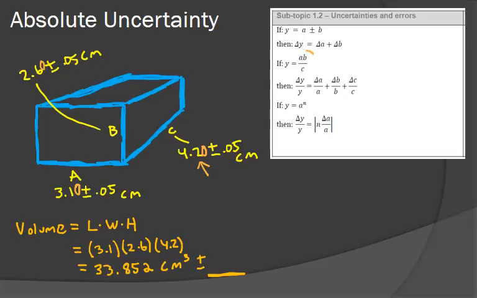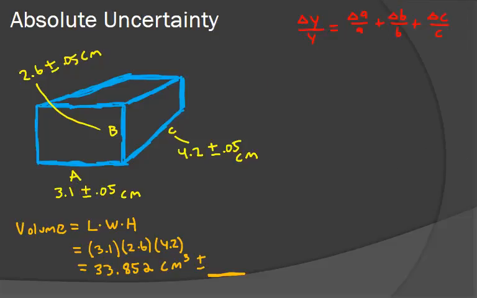So if you look at over here, if you're multiplying or dividing stuff, we want to use our uncertainty here, where we take the uncertainty of each value over each value. So let's go ahead and set that up. The uncertainty y over y, and we'll call volume here our y value, equals uncertainty of A over A plus uncertainty of B over B plus uncertainty of C over C, again, because we're multiplying those. If we set up our values there, we have the uncertainty in our volume over the volume itself, 33.852, is equal to the uncertainty of A over A plus the uncertainty of B over B plus the uncertainty of C